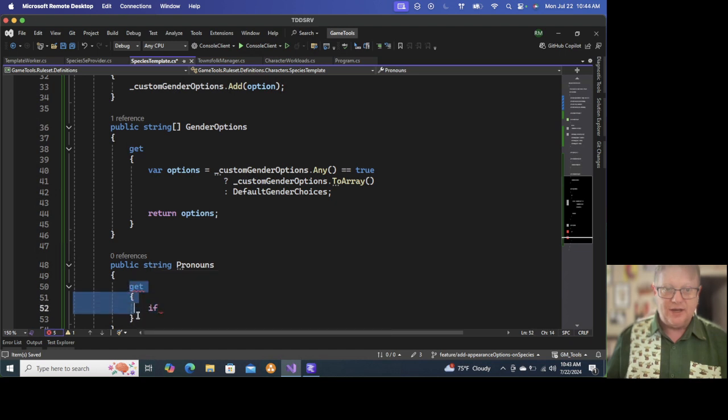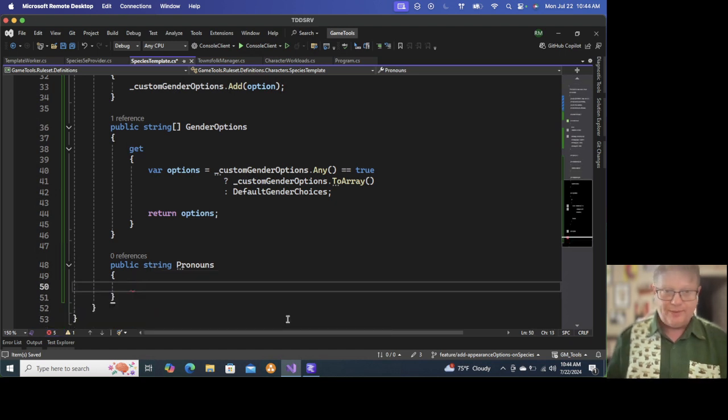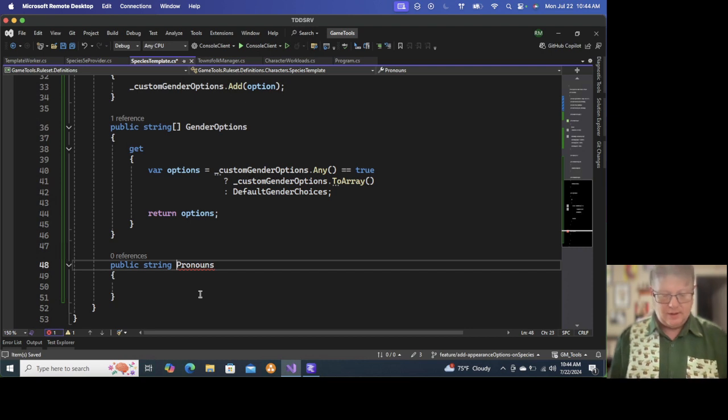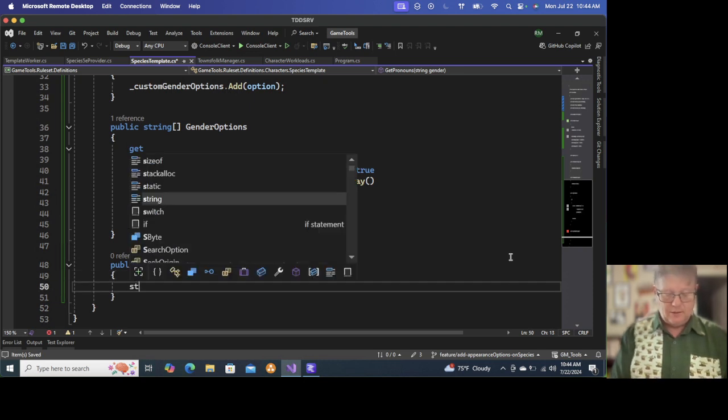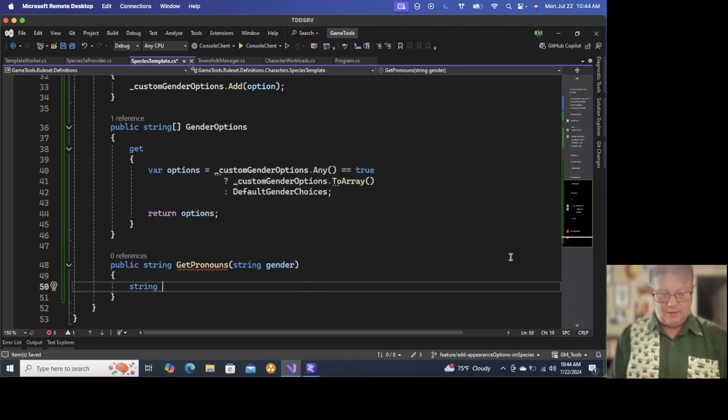This actually needs to be get pronouns. Get pronouns, string gender, string pronouns equals